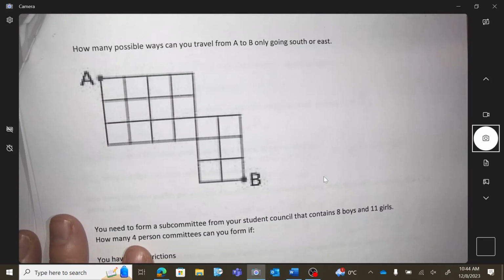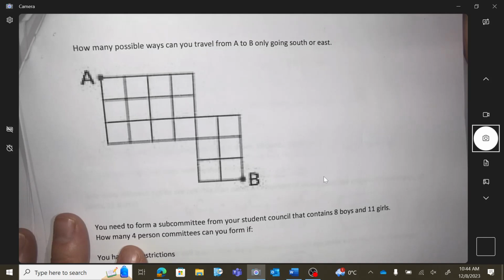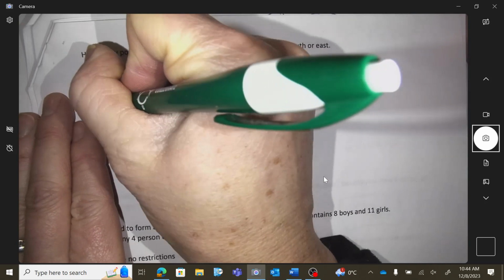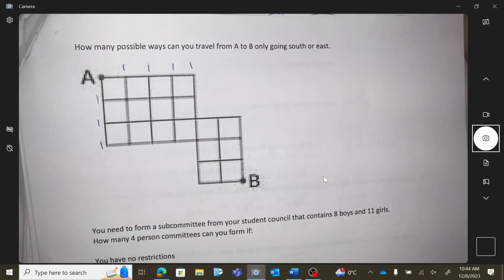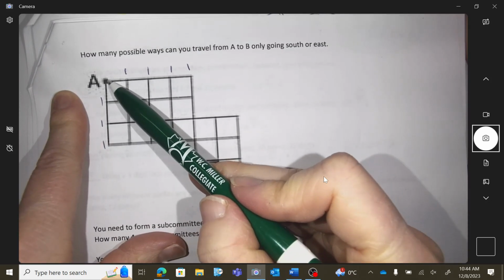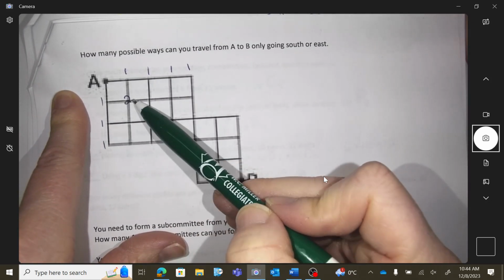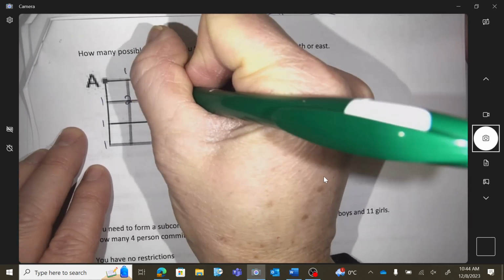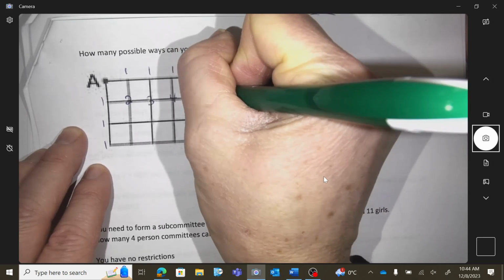Okay, so this one you're only allowed to go south or east, and you're trying to get from A to B. So give me one way to go straight across, one way to go down. Then you add the corners together. So for instance, this corner has 2 because you could go over down or you could have gone down over. That's the 2 ways to get to that corner. Add the previous corners